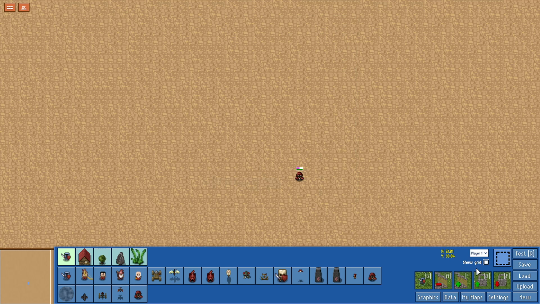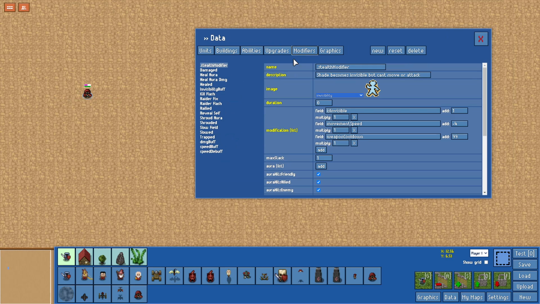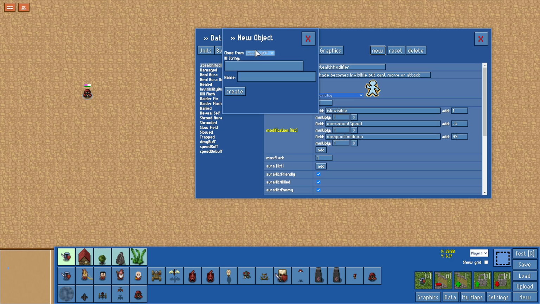Now we're going to get on to the next part of this, which is as follows. We're going to go back into data. We're going to bring the little guy over here so we can see what we're interacting with. Excellent. And we want to create another modifier. This modifier is going to be a copy of stealth modifier, but it's going to be unstealth modifier, or visible modifier. We'll just call it unstealth modifier for now. So unstealth modifier, unstealth